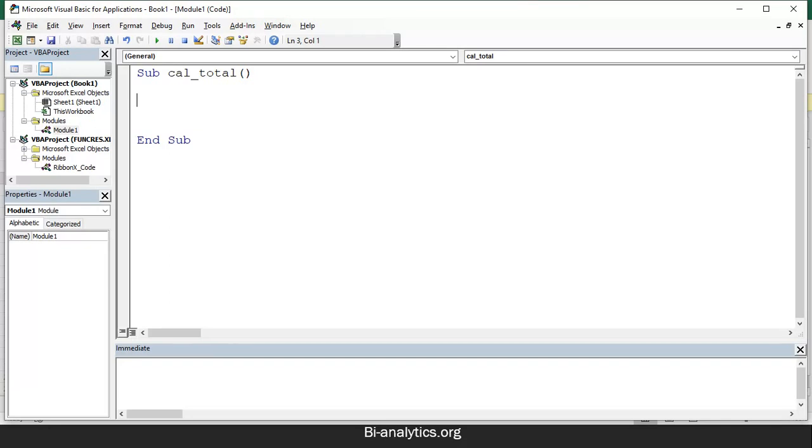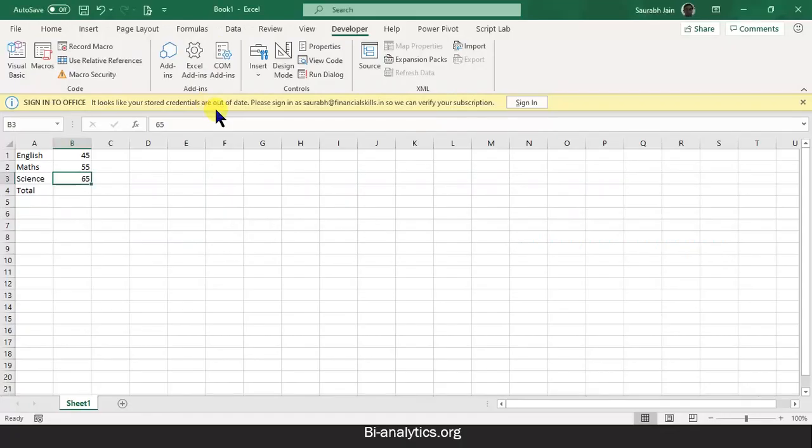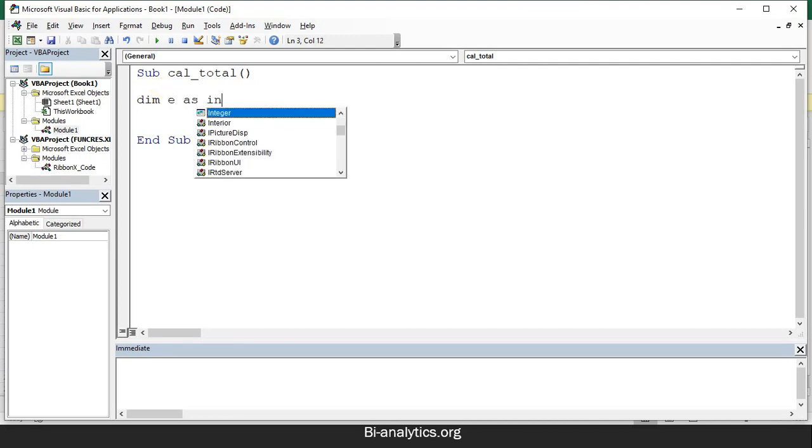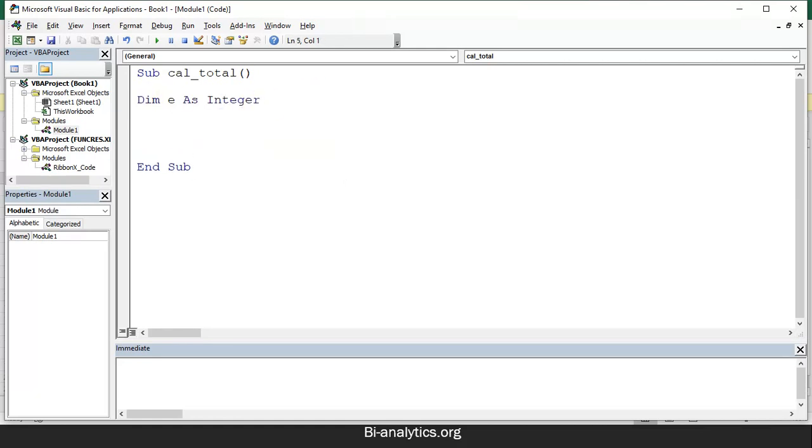Now, first of all, I have to read marks into variables. So we need 3 variables for 3 marks. What subjects do we have? English, maths and science. So I can say Dim E as Integer. Dim is defining. I have defined the E variable, which will store English marks.